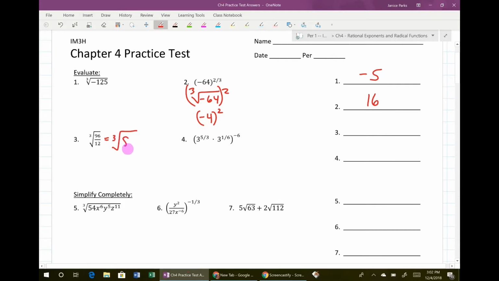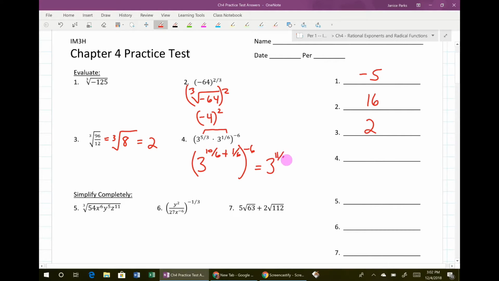For number 3, you're going to reduce 12 into 96 first. That will give you the cube root of 8, which is 2. If you'd rather go into primes and reduce that, that'll work as well. For number 4, you're going to add the two exponents. So 5/3 is 10/6, plus 1/6 to the negative 6. So when you add that, you get 3